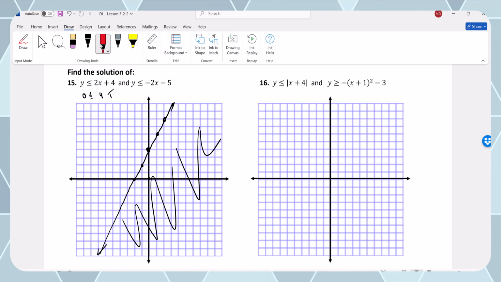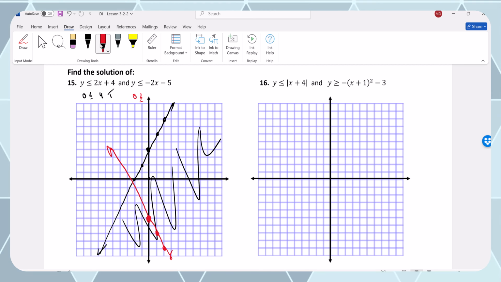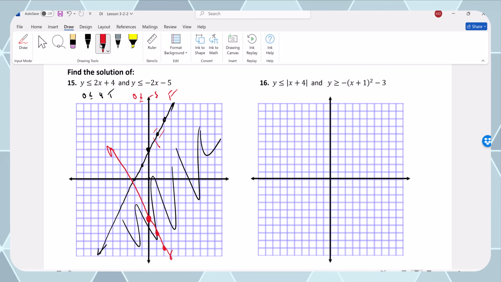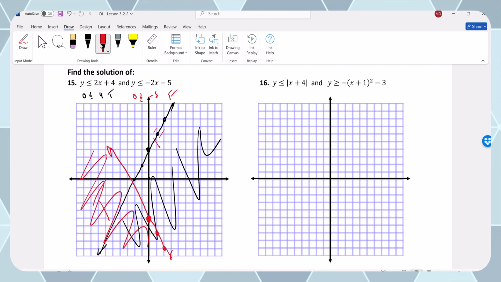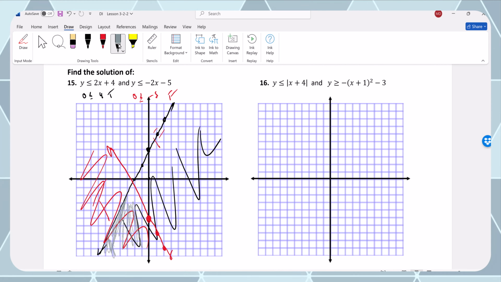In the other one, it starts at negative 5, and it goes down 2 over 1, down 2 over 1. And now test true or false. So if I plugged in 0, 0, I get false. So this side is false, which makes this side true. And where they overlap is going to be your answer. So this gray shaded area